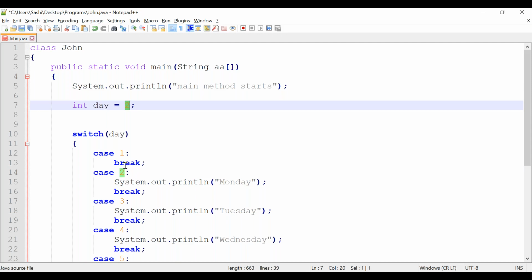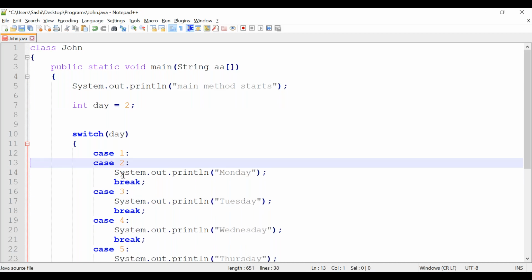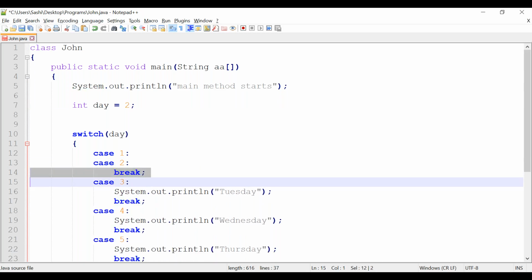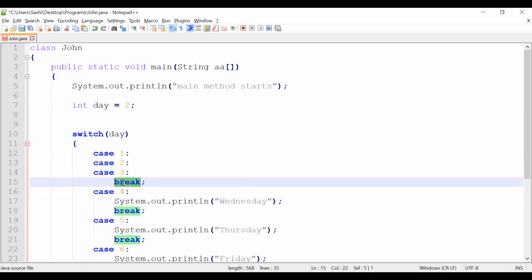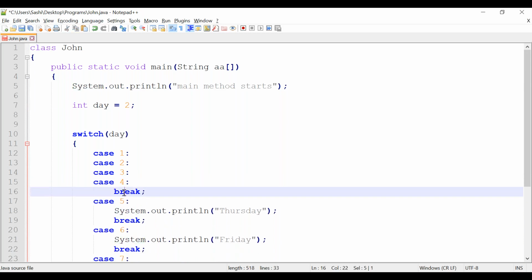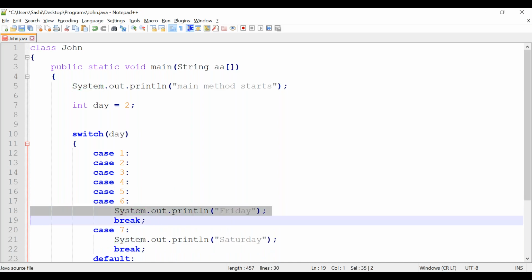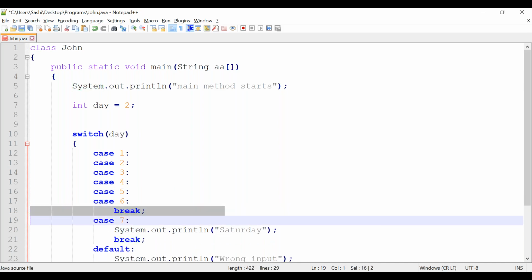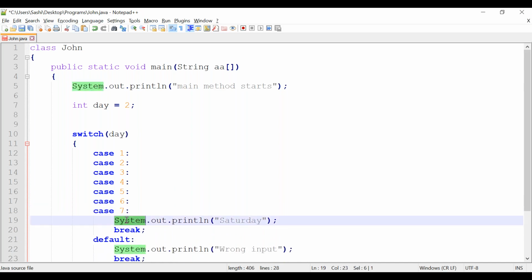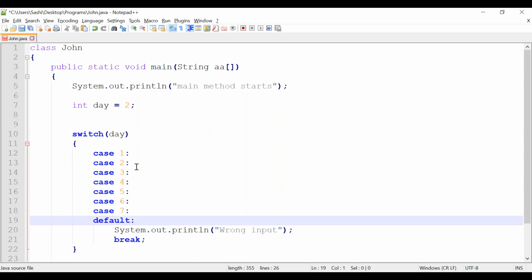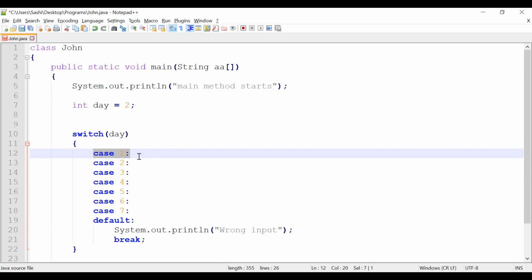Consider like this. Let me go and write the cases. We have already seen that Sunday and Saturday are the weekend, correct? It means case one.